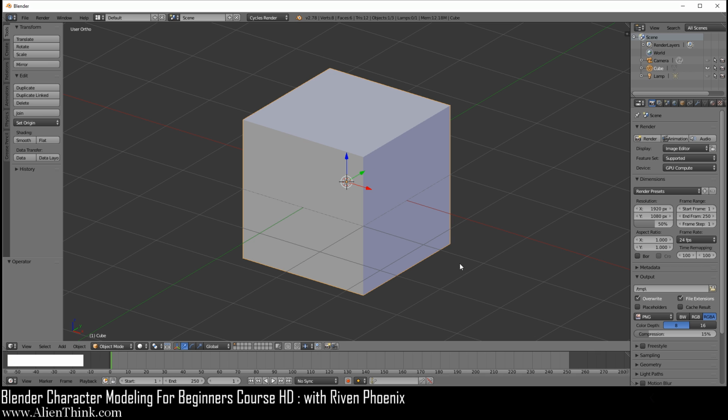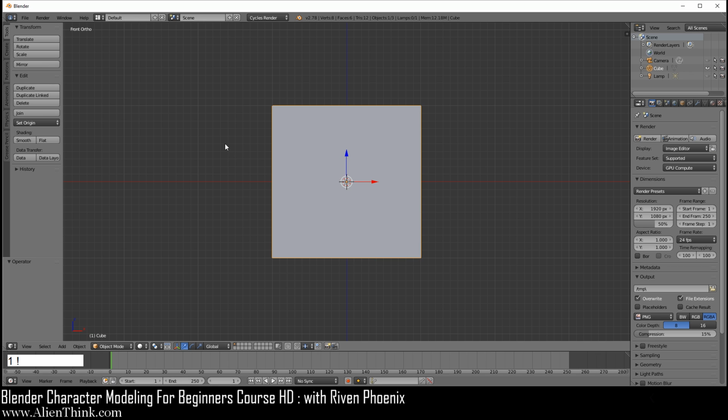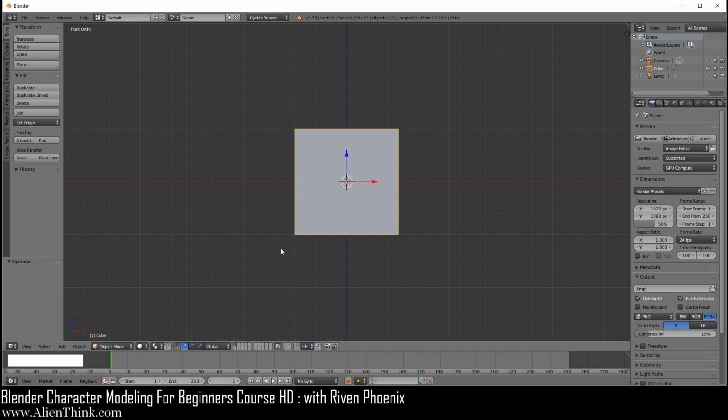So when you're in orthographic view, and if you go into the front view, this allows us to actually use the grid to our advantage. So the formula-based system that I'm going to show you, that will allow you to create this realistic version of the human figure without using any reference, will use the grid system. So to do this, I'm going to actually enable this option over here, which is called Snap During Transform.